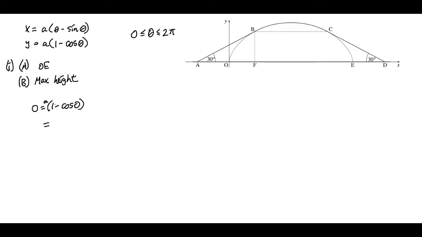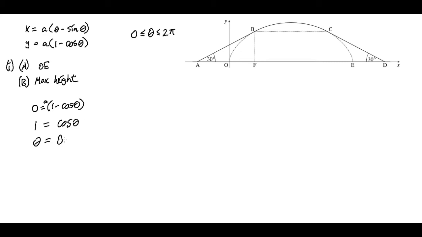So all we need to do is find when cos theta equals 1, because this bracket has to be 0. So 1 equals cos theta, and for radians, most people use a calculator because it's a bit more difficult, but cos theta is 1 at 0